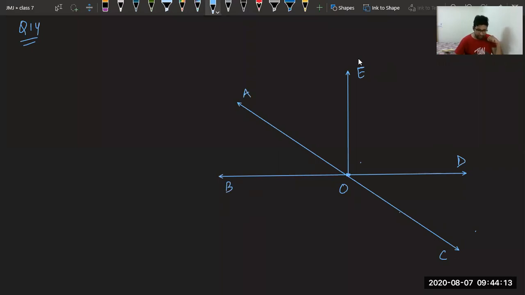Now tell me, you have to name pairs of angles. Can you understand everything, sir? Rachit, thank you, but beta please don't use Hindi in the class right now. Okay, try to use English only.